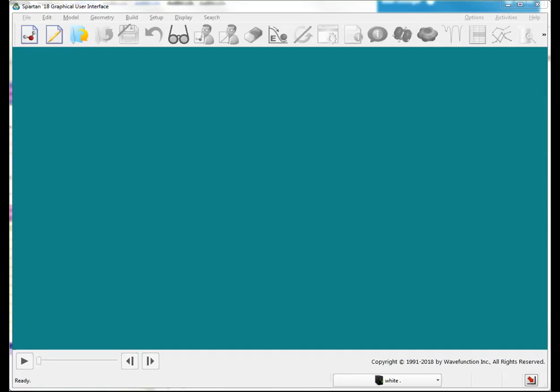So once we've covered the building piece, I'll also point to the file menu, which is really the other way that you can get models into Spartan. We read a number of common molecular file formats. We also read SMILES strings, and we read InChI strings. So there's lots of ways to get things into Spartan. So we'll focus on the building, the constructing, and then maybe the importing. The next thing we'll look at is